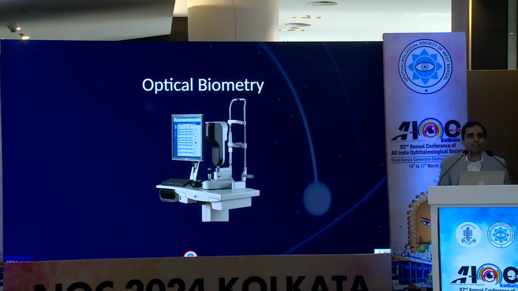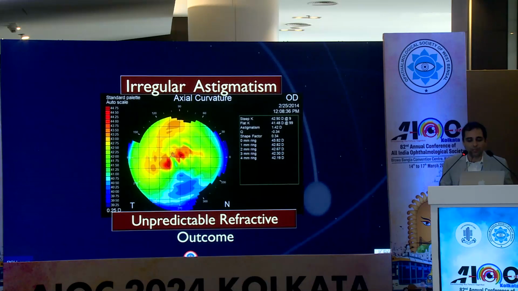So I think the consensus definitely is that if you have a good optical biometry, even for measuring the cornea, they are extremely useful and extremely good in giving good power calculations even as far as the corneal measurements go. So I think having an optical biometry definitely gives us an edge in eyes with abnormal corneas and IOL power calculations. I think these are some of the eyes where probably doing a second investigation and looking for the regularity of the cornea can also be important.